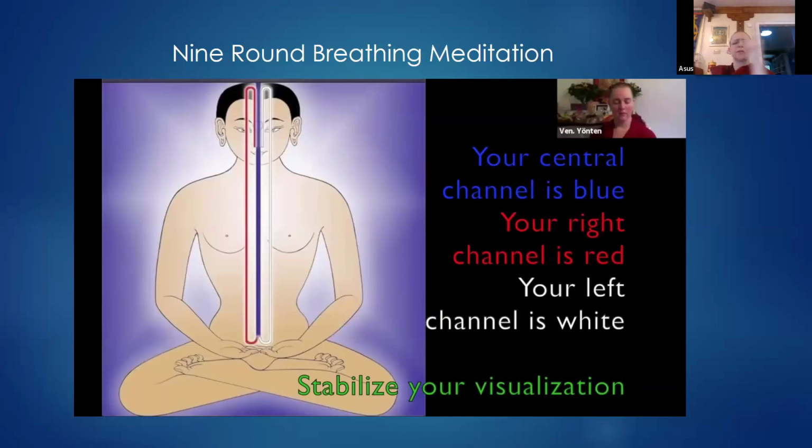Then we move over to the other side and close off the right nostril, inhaling through the left, and we're now clearing this right red channel. We inhale through the white one and exhale through the red. So we're clearing the energy in the right channel, the red channel. Do 3 times. And now we clear the central channel,